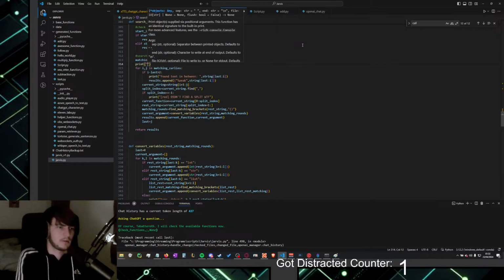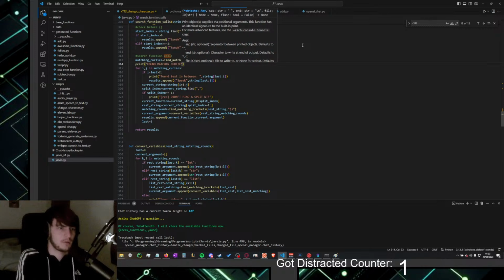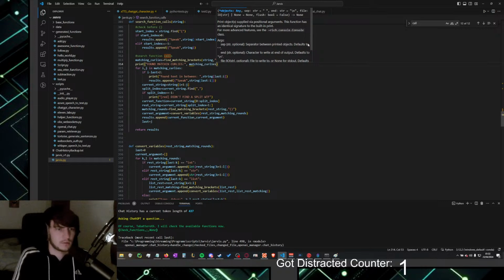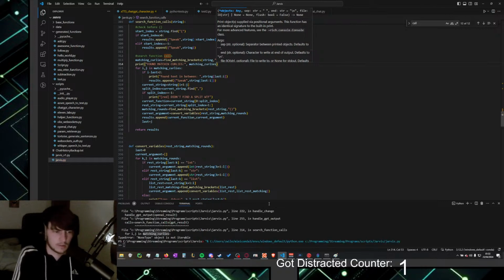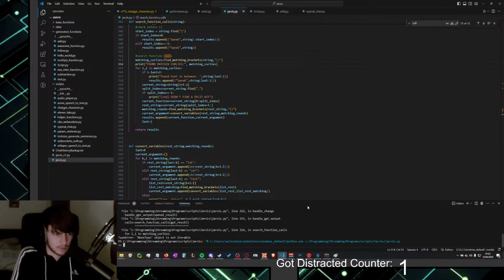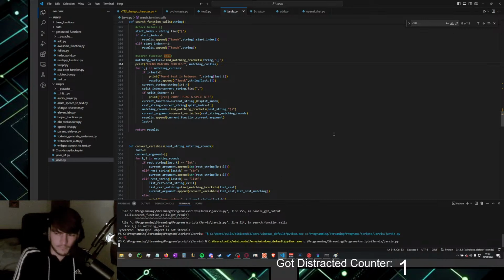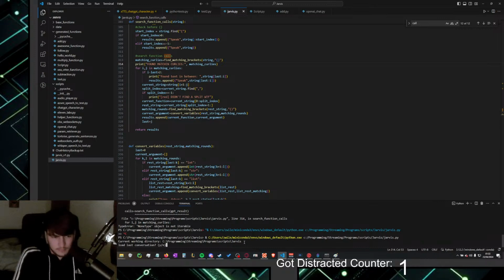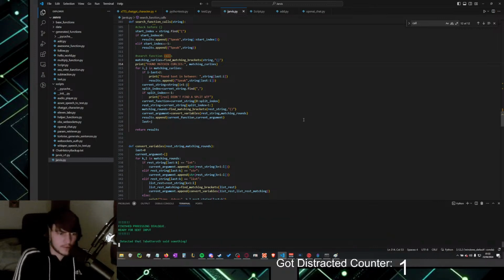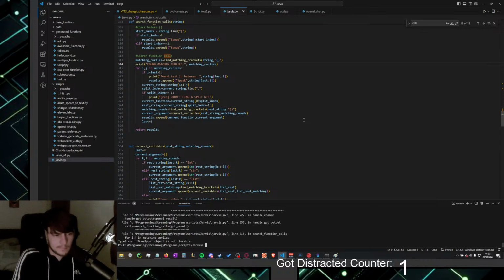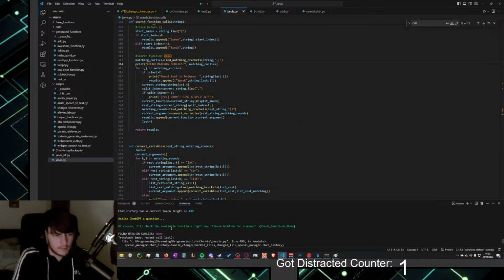And found matching curlies. Matching curlies. Okay, let's run it again. See where it breaks now. What the fuck is that? Okay, so it crashed because of a different thing than I expected, which is not fun.